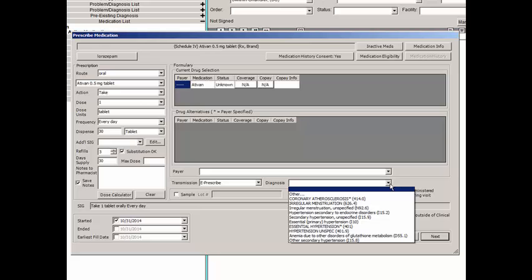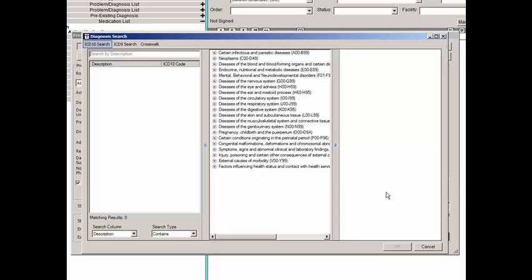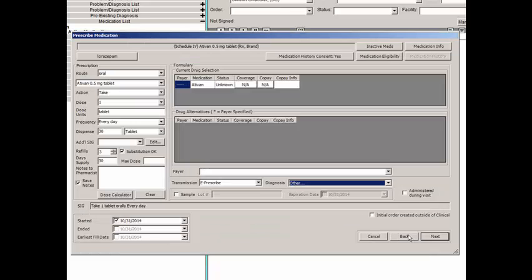If another diagnosis needs to be selected, click Other, and the Diagnosis Search dialog will appear that allows you to perform an ICD-10 search, an ICD-9 search, or use the crosswalk feature to locate and select the diagnosis that should be attached to this prescription. If a diagnosis is selected, it will be appended to the end of the SIG or notes when the prescription is printed or sent. If you are giving the patient a sample, you can check the sample box and then